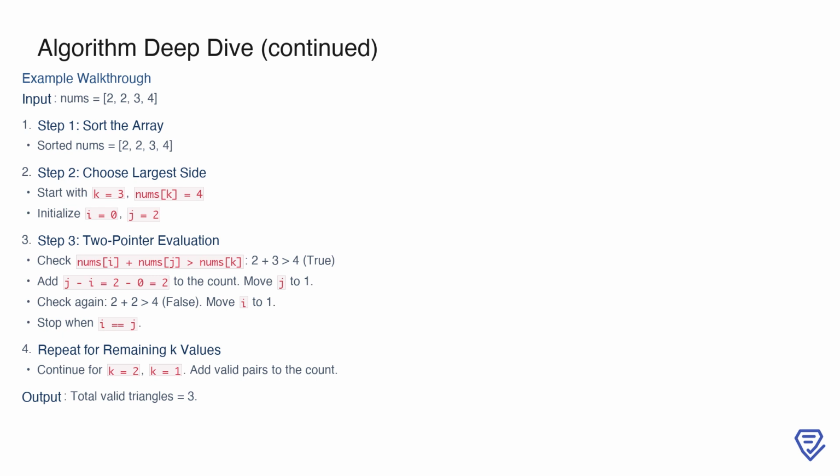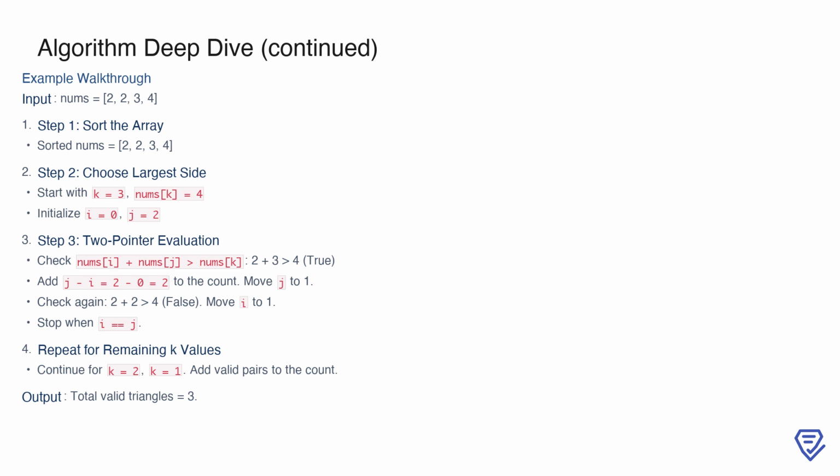We begin by selecting the largest side, nums[k], starting with k equals 3, where nums[k] equals 4. We initialize i equals 0 and j equals 2. Using the two-pointer approach, we check if nums[i] plus nums[j], or 2 plus 3, is greater than 4. Since this condition is true, it means the pairs nums[0], nums[2] and nums[1], nums[2] are valid with nums[k]. We add j minus i, which is 2, to our count and move the right pointer, j, to